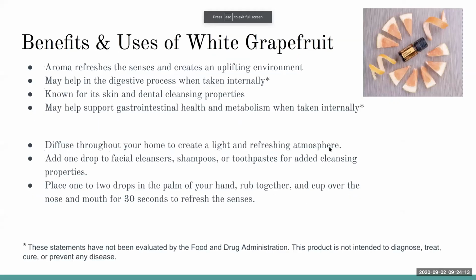So let's dive into some benefits and uses of white grapefruit. The aroma is very refreshing for the senses. It creates a very uplifting environment, like all citrus oils. It also may help with the digestive process when taken internally. When I had my white grapefruit, I kept it in the kitchen because I like to add it to my water and drink it. It's also known for its skin and dental cleansing properties. It also may help support gastrointestinal health and